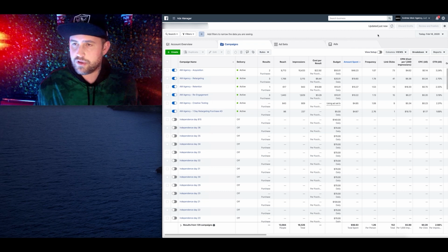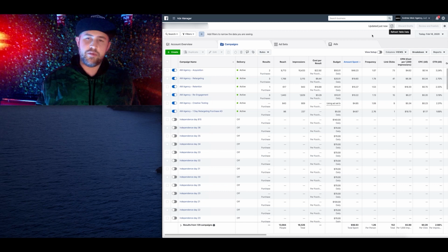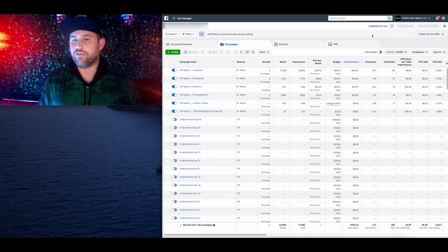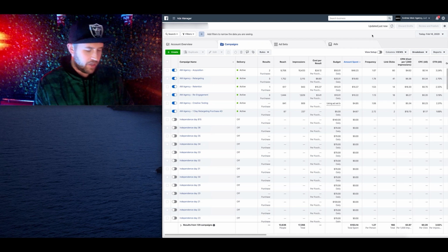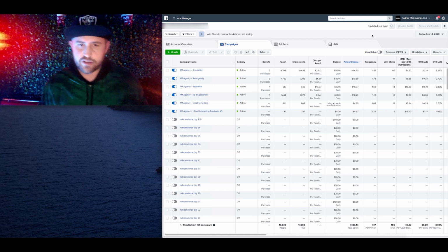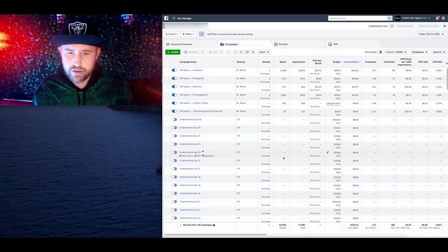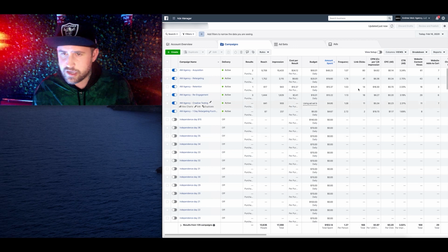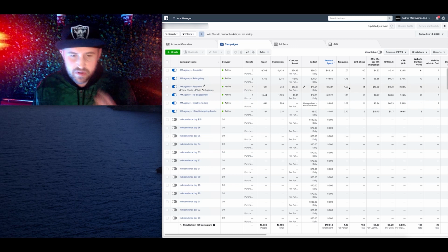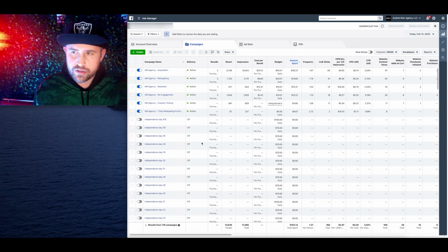I just wrapped up taking my wife and my daughter out and all that good stuff, and I'm checking numbers. So here we are on the 14th already, and I started this on like the 29th of January, I think, so I'm about 2 weeks behind on doing this. But all right. What I'm going to do is go back in these campaigns time-wise. I'm trying to widen this up a little bit more